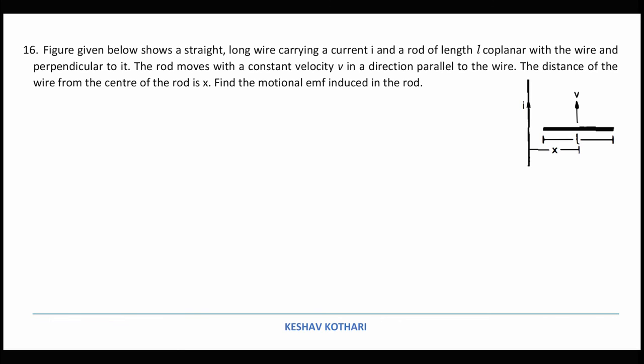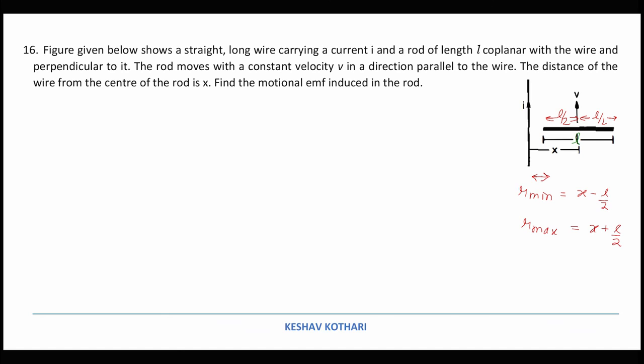So now because of the current carrying wire, the magnetic field is varying along the length of the rod. And in the problem, the length of the rod is equal to L and the distance from the center is equal to x. So over here, the first thing which I wish to say is fix the limit, which we will be using later. So I am calling this length segment as L by 2 and this one as L by 2. So the point of minimum separation from the rod, R minimum, is equal to x minus L by 2, and R maximum is equal to x plus L by 2.